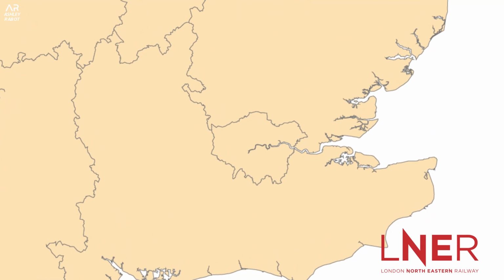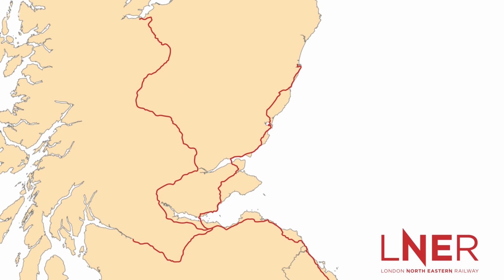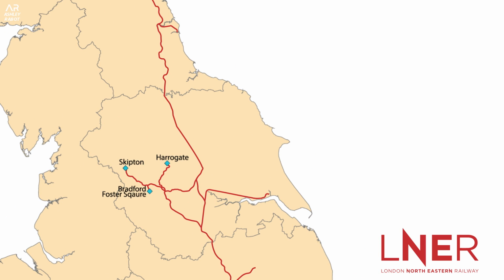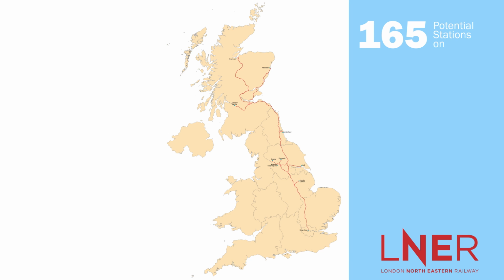They operate direct services from London King's Cross all along the East Coast Main Line as far as Scotland, including Inverness, Glasgow and Aberdeen. There are a few branches heading out to Harrogate, Skipton, Bradford, Hull, Lincoln, as well as Sunderland, which is a recent addition, so it's a pretty extensive network. So in terms of the numbers, LNER whizzes past 165 stations, which, considering how far it is, is not that many, I thought. In total, it stops directly from London King's Cross at 48 of these,